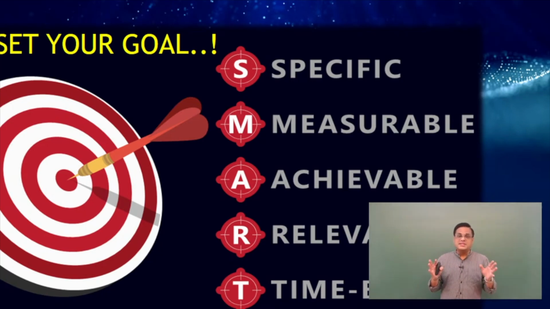Your goal should be specific. Not, I will become this, I will become that, I will become everything. See, there is a difference between profession and hobby. There are a lot of hobbies that people can have. I have a lot of hobbies. I'm a lecturer, a computer science lecturer, but I do have a lot of hobbies. But hobbies are not my profession. I do events, I am an anchor, I listen to music, I play games, and I also do a lot of other things. But are they my profession? No. The profession is that I am a lecturer. This is my profession. So you should also be very specific in your direction about what you wish to be